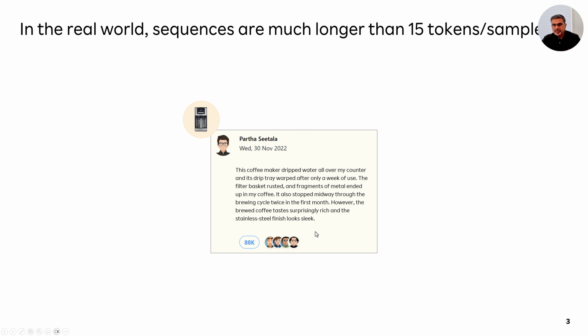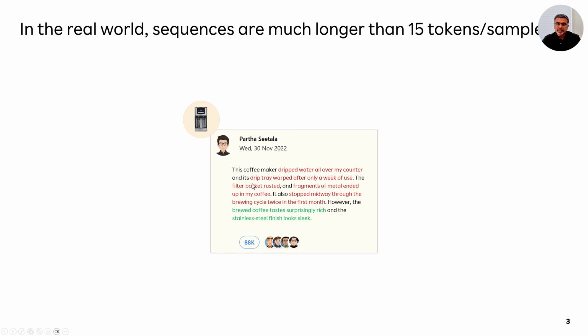Now, there is a pattern here. If you look at this pattern, what we see is that the negative sentiment being conveyed in this review is towards the beginning of the review or beginning of the paragraph. But towards the end of the paragraph, the sentiment starts to turn positive. But the net sentiment of this entire review is that the user really did not like this product because it malfunctioned and it had issues, even though the taste of the final coffee that came out was good.